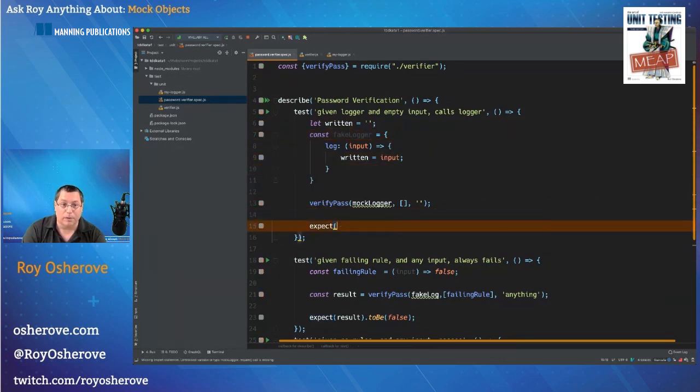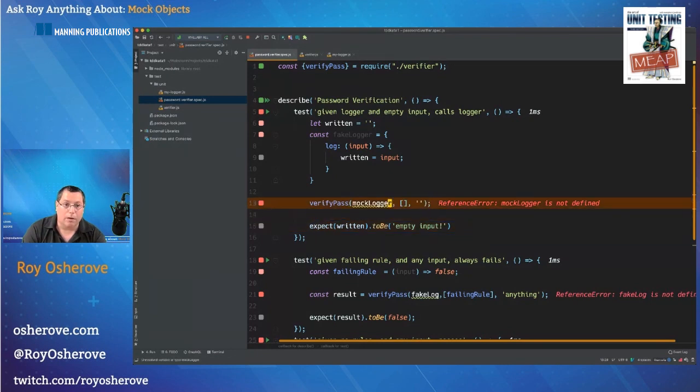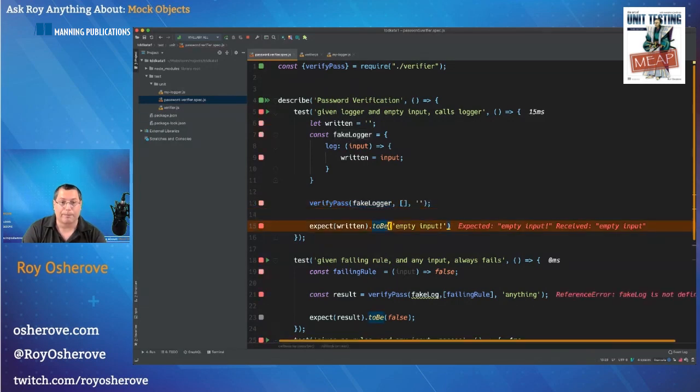I would just say expect written to be empty input. Oh yeah, now I want to say fake logger. Hopefully that makes kind of sense.